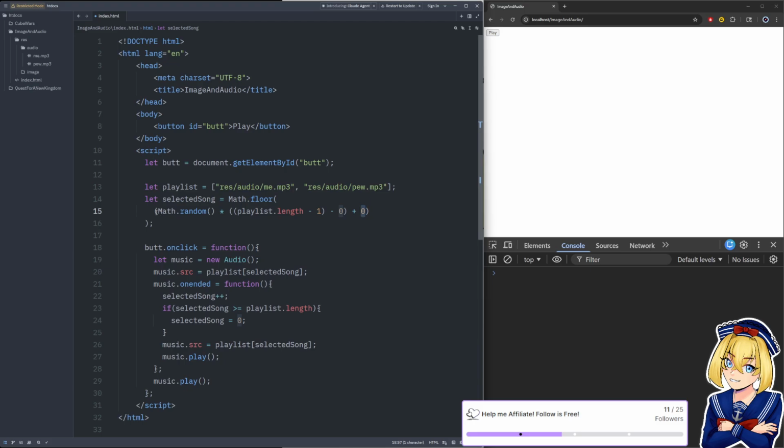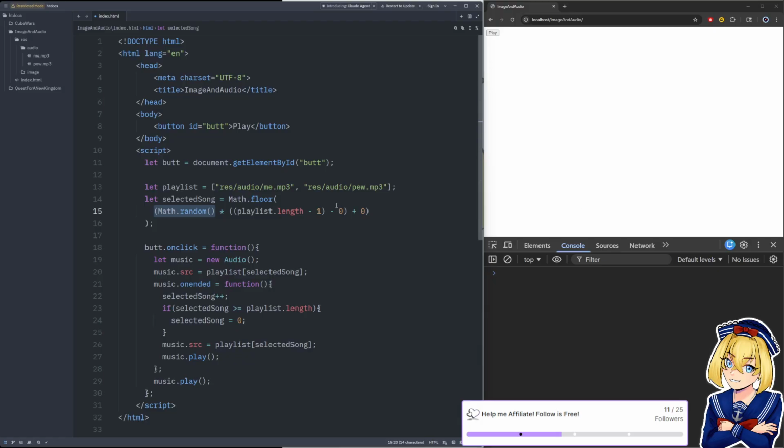So this is going to be any number between 0 and 1. Would this work? I get the feeling that this wouldn't do what I'm wanting, because I want to include.